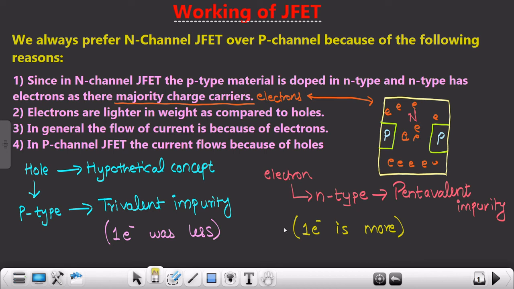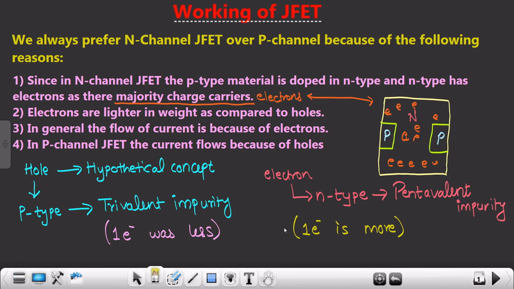Okay, so this was the reason behind going with N channel JFET. Okay, and this was the same reason why we preferred NPN over PNP as well, and the same will be applied in case of N MOSFET and P MOSFET as well, that we will see in the upcoming courses. You need not worry about that, but the reason is the same for all the transistors, why we preferred N type over P type. Okay, in case of BJT it was NPN, in case of JFET it is N channel JFET. Okay, so I really hope that you understood this particular concept, why we prefer N channel JFET over P channel JFET. Okay, so in the next session or in next video, we will focus on the working of JFET,